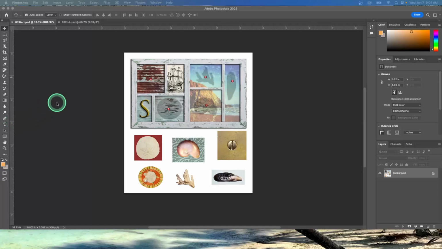Welcome to lesson 3 of Photoshop, working with selections. In this lesson, you're going to learn how to do these things. We're going to make specific areas of an image active using selection tools, reposition a selection marquee, move, rotate, and